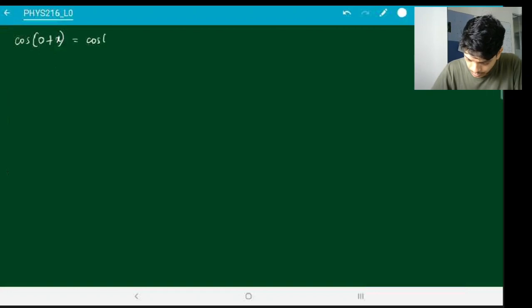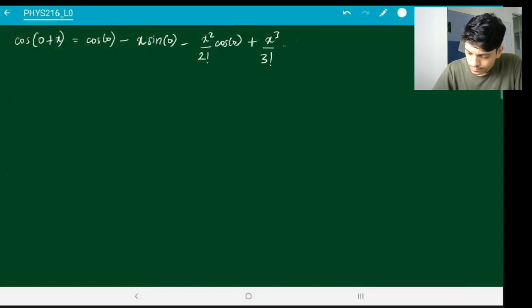So this will be cosine of 0 plus x times the derivative of cosine, which is minus sine, so minus sine of 0, plus x squared by 2 factorial times minus cosine 0, and then the derivative of minus cosine will give you plus sine,